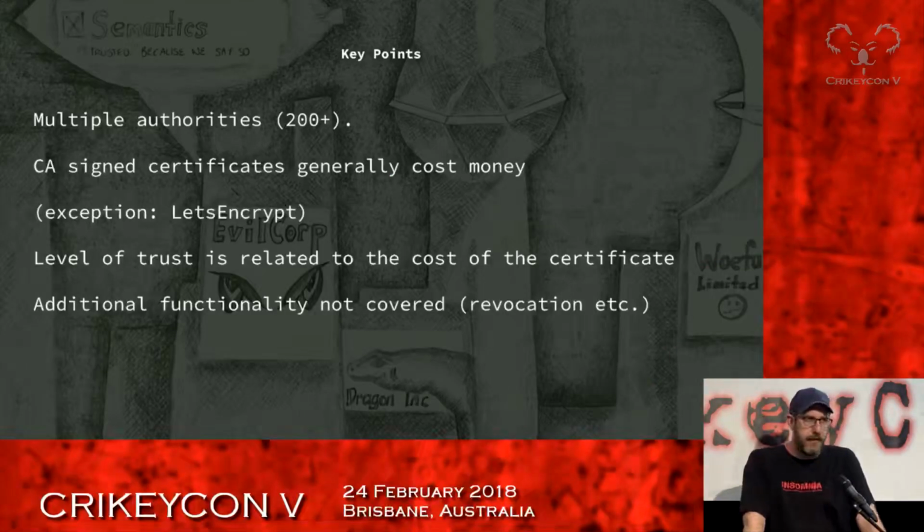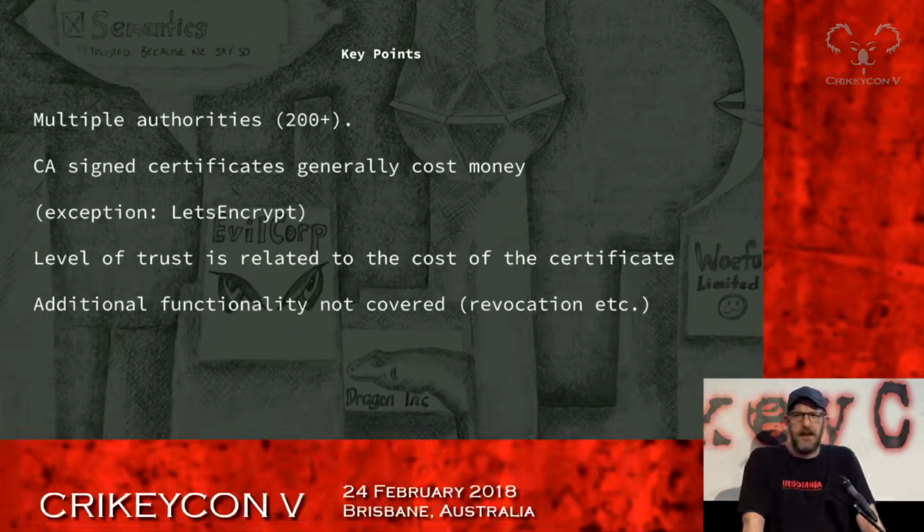There are multiple authorities, there are over 200 if you have a look at a modern operating system. To get your certificate signed generally costs money, right? That's changed a lot in the last 2 to 3 years with Let's Encrypt, which is a more community-driven project, one out of social good, with the idea of we want to take the power away from these fat cats that are taking all the money just to have trust on the internet. And you can have different levels of trust, right? How your certificate is signed can have different levels of trust, and that's usually determined again by how much money you're willing to pay a various certificate authority.